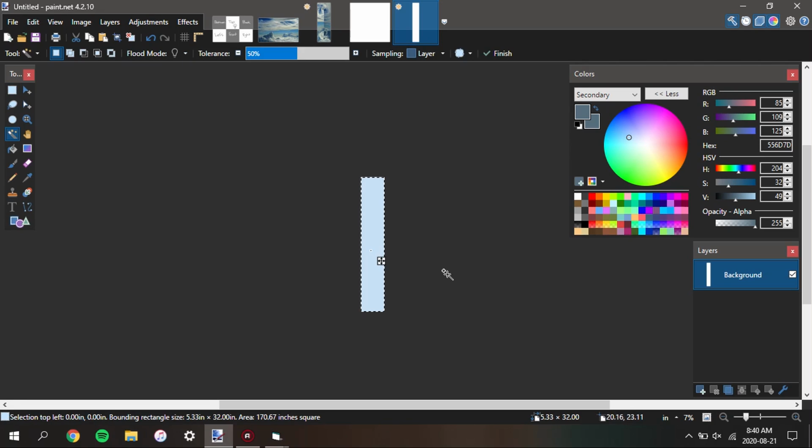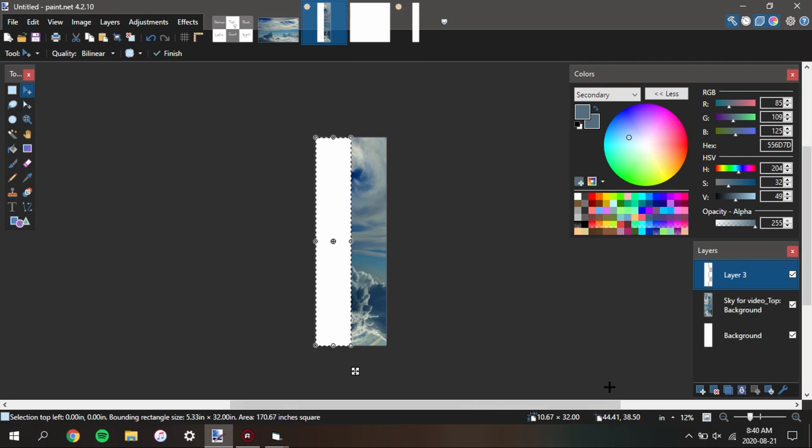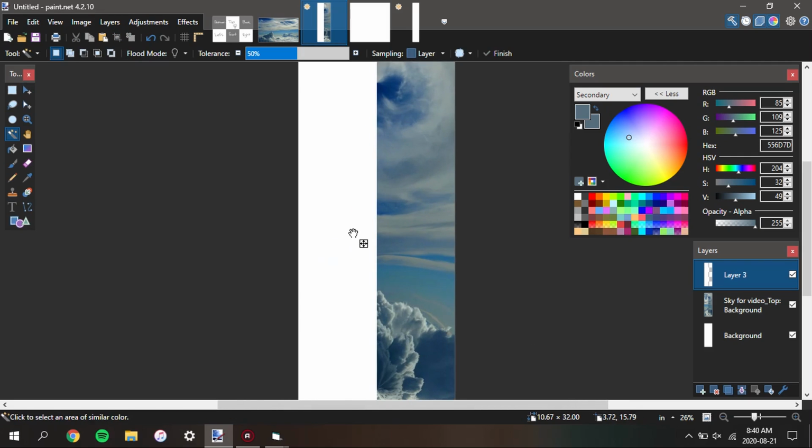Now we're going to select this and copy it. We're going to make a new layer on this file here. Now, if you're ever doing this, in this step here I would paste this over the side that is brighter, if that makes any sense. I find that typically makes the blend look a little bit better if you have more of the bright side than the dark side. But that's just me. I don't know. Maybe you guys like the dark side. Who knows? We're going to paste it,